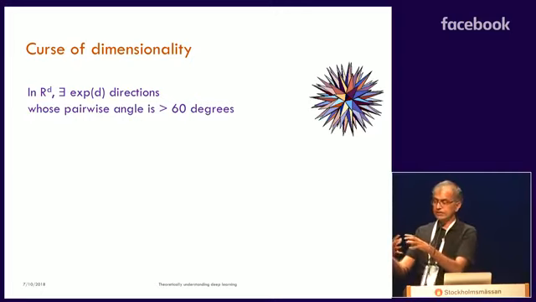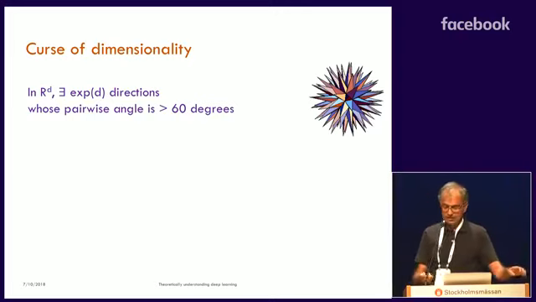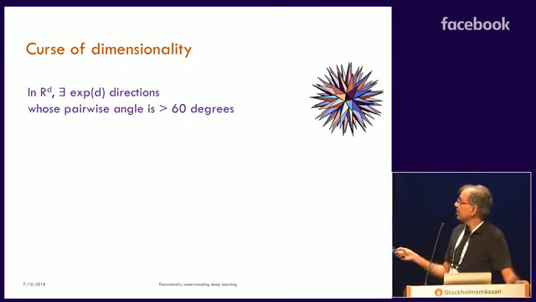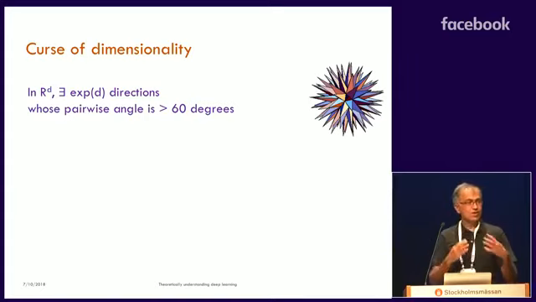Now, a sea urchin is in 3 dimensions, and it has a lot of spines, so those spines are packed together a lot, right? They're very tied together. But in d dimensions, you could have this similar kind of sea urchin, maybe you can call it a d urchin, where there are lots of spines, exponential in d, but each of them makes an angle of 60 degrees with each other. So there's just a lot of space in high dimensions.